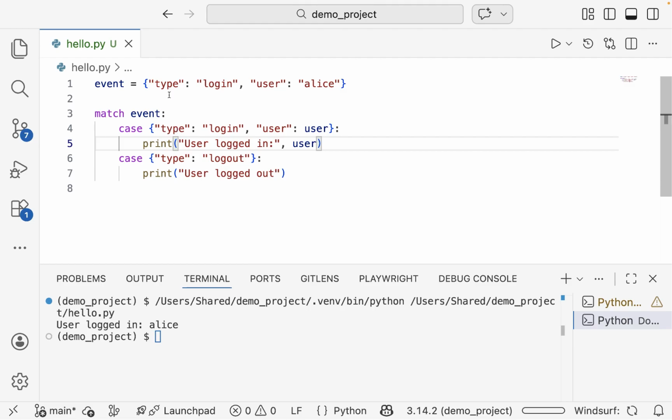When I run this program, you can see the type login matched here, followed by the capturing of the actual Alice in the user. It's going to say user logged in Alice. That's what we get. How simple it is. Instead of using too many if checks, you can see how easy it is to use this dictionary